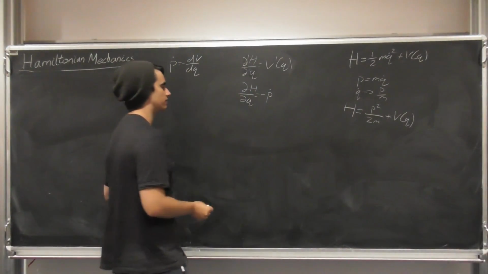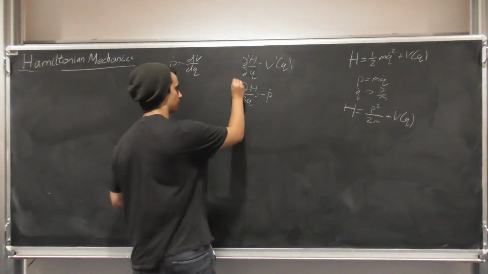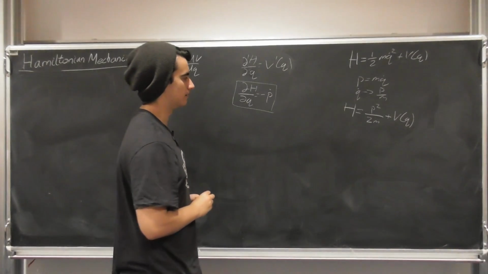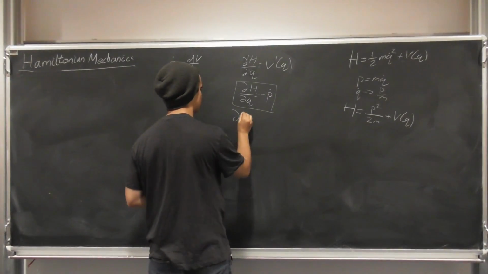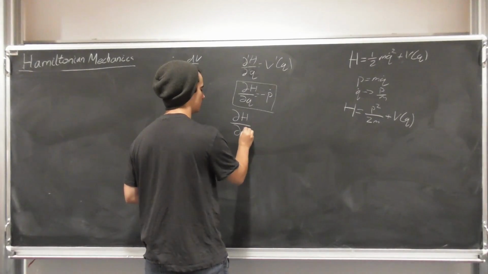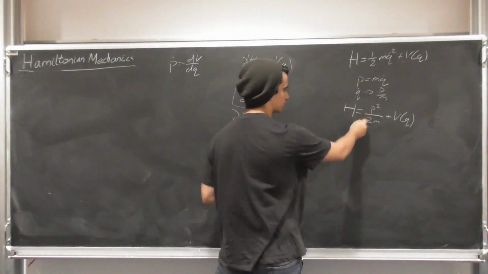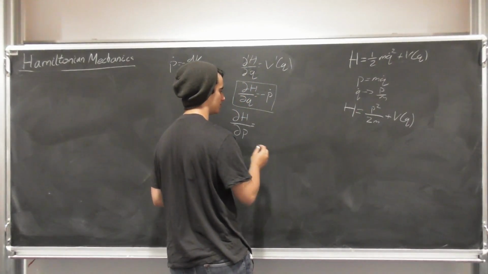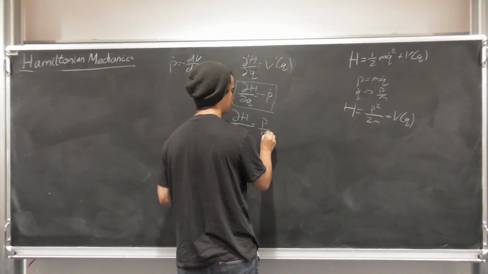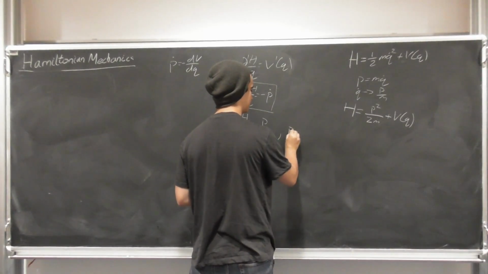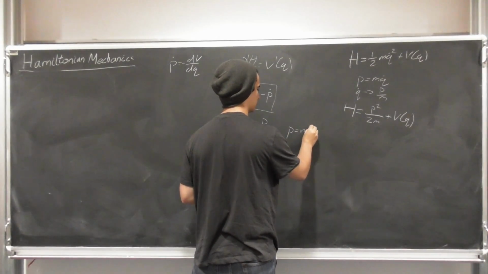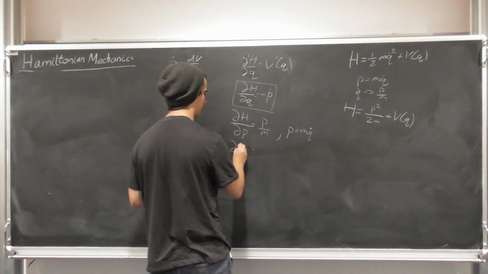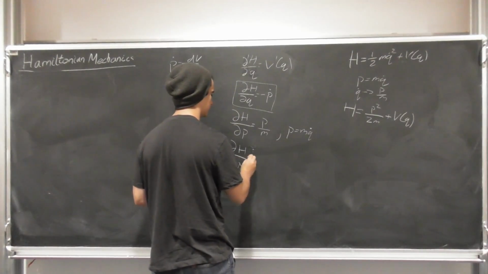Okay, and now let's have a look at, we'll just box this here, and let's have a look at taking the derivative of the Hamiltonian with respect to momentum this time. So this is a little bit simpler. We just use the power rule and bring the two down, and we'll get that this is just p over m, where remember we defined p as equal to m times q dot, and so we'll get that the derivative of the Hamiltonian with respect to momentum is equal to